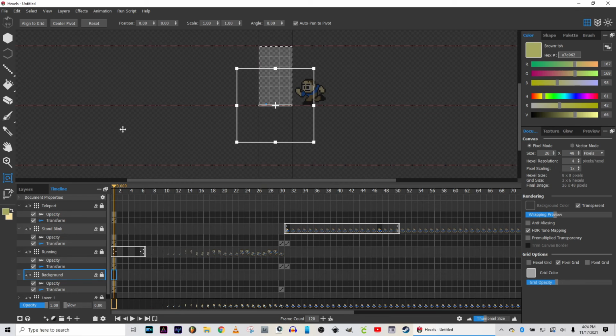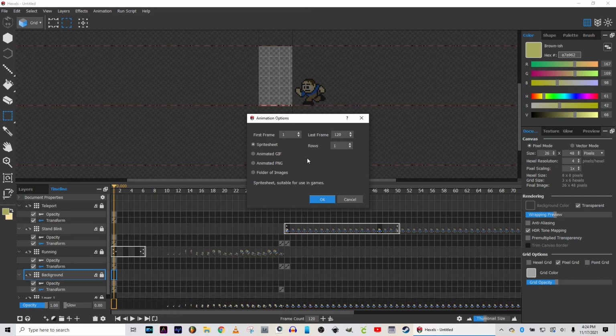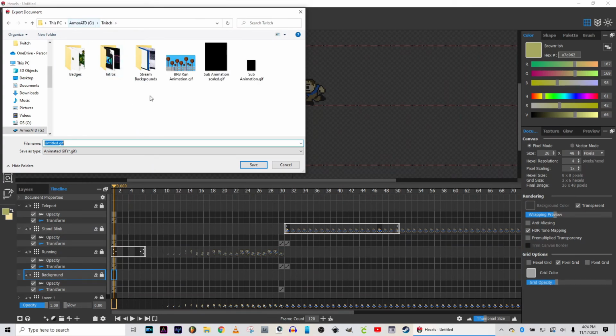All right. So now, I don't want to be on that. Now what we do is export animation, and then we want to do animated GIF. I don't do optimize file size. I don't know why. I guess I just want the original. I don't want it to optimize anything. We're going to do OK, and then we'll just do